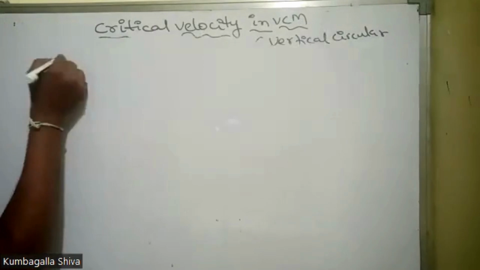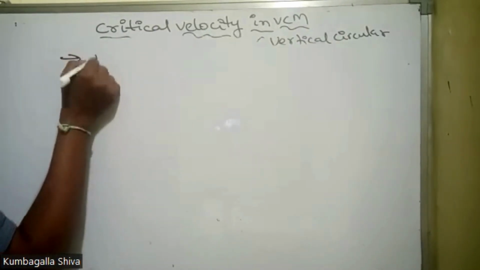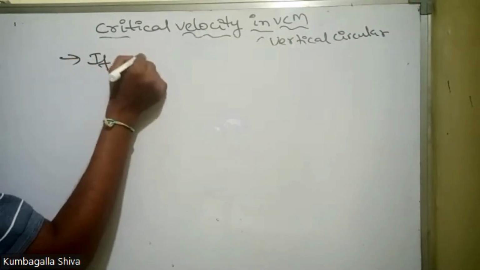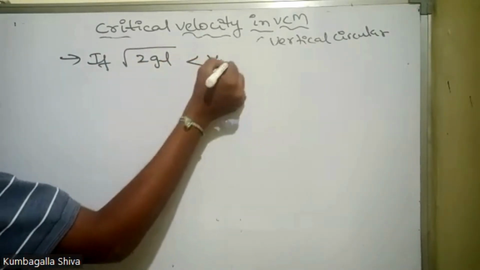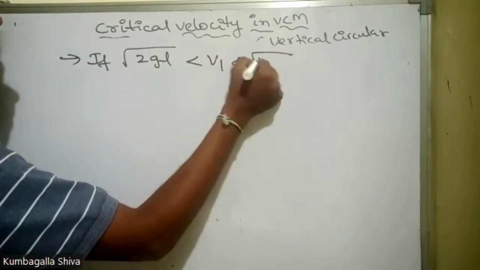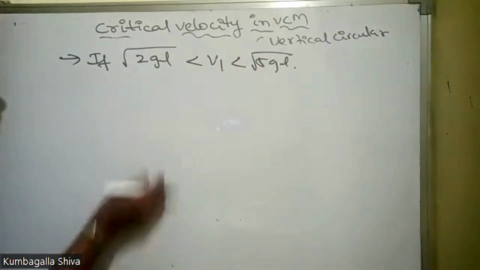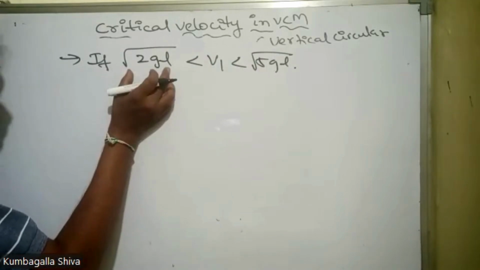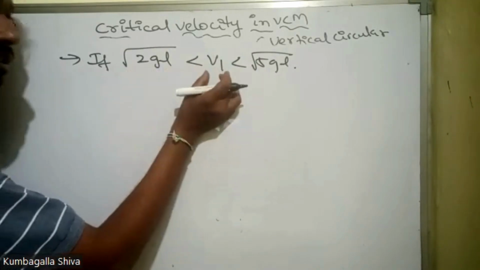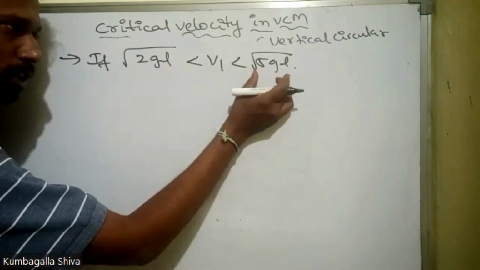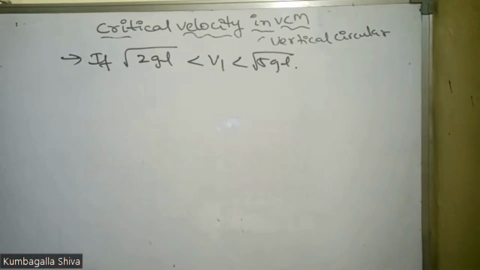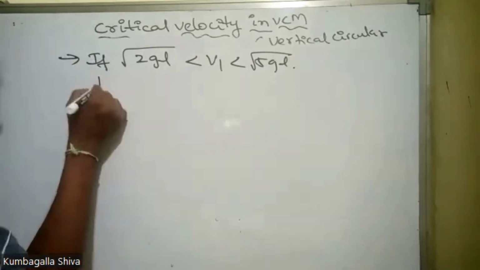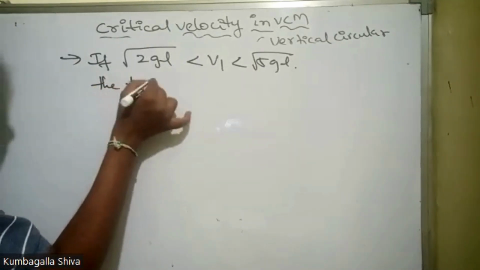Now the case we are discussing: the velocity is v1, and it is greater than root 2gl, and if the velocity is given as less than root 5gl, what are you going to see? Then what will happen is the tension